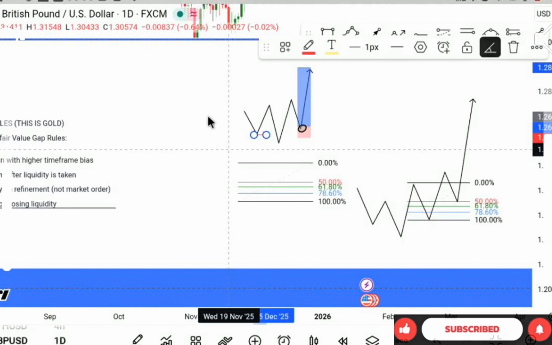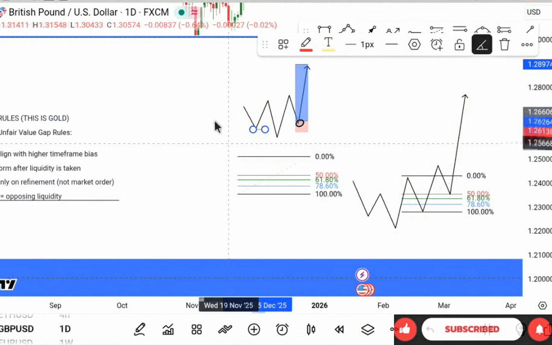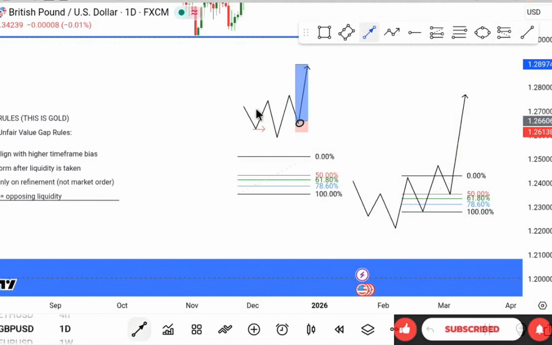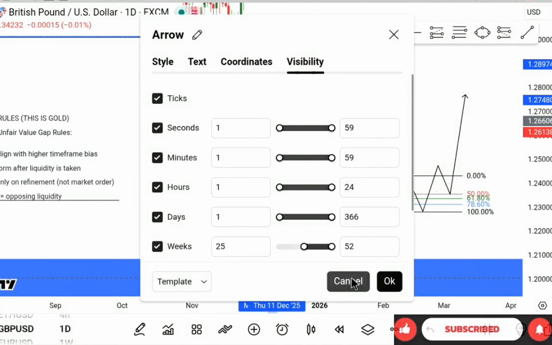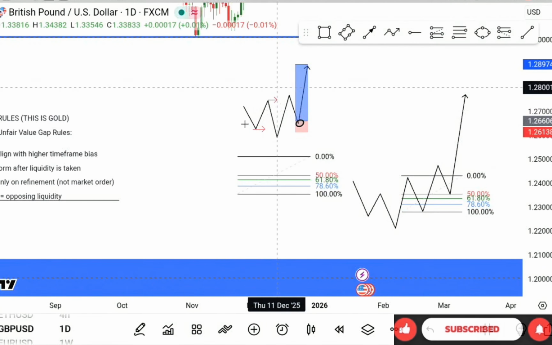Let me use this as an example. You saw that we swept this liquidity from here. At a time we were consolidating, making structures, and we swept liquidity from here. And you saw again that we did not respect this high. We swept this liquidity from here. Always anticipate that after we see a sweep of liquidity like this, the market will have to change structure